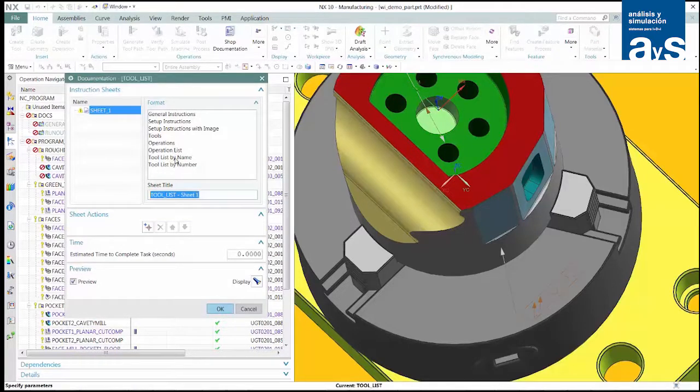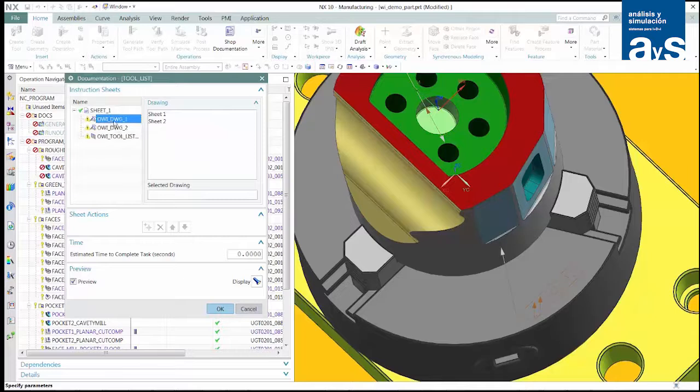The items on this sheet are different from what we've seen so far, starting with these two drawing items. So we can pick any stored drawing in the part file and include it with the instruction sheet if the template offers this kind of item. The example template we're using now has two drawing selections, but you can include as many as you like in